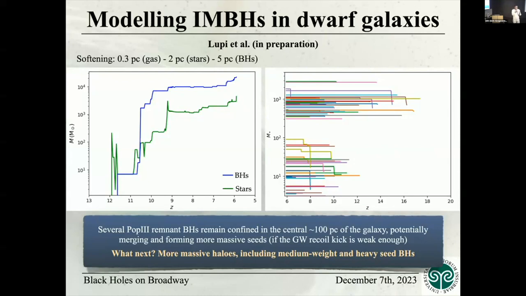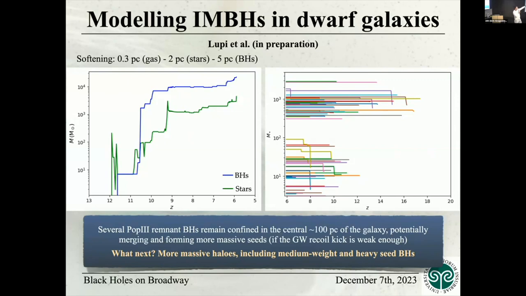This is due to the fact that in some cases, we have very small clumps where two massive stars form. They are very close, so when they become a black hole, very quickly, by dynamical friction, they merge together. Of course, this is at the limit of the simulation we have. We are not accounting for dynamical friction and the shrinking of the binary in a proper way. This is for future improvement, but still, we are anyway able to probe the mass of the initial POP3